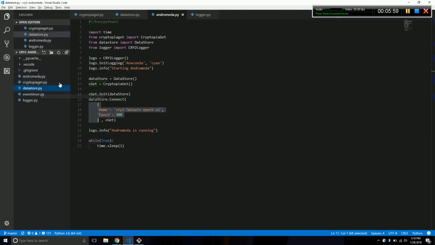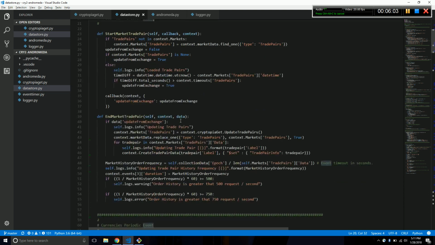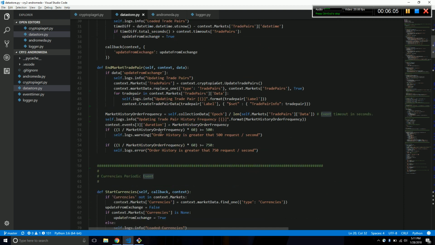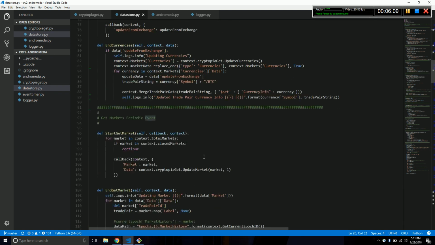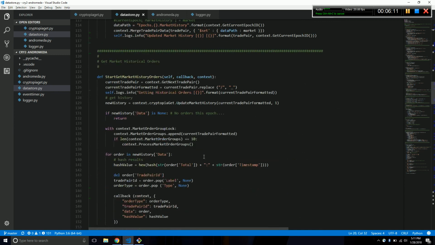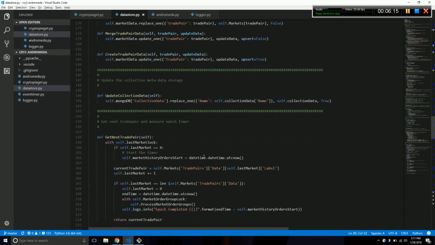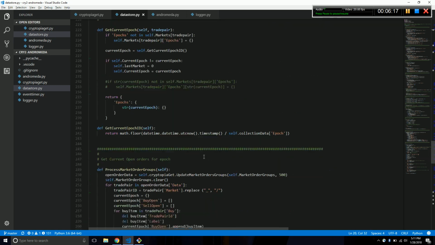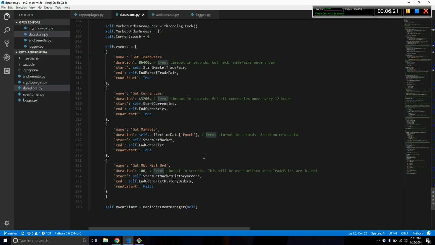And then data store, this is quite complicated. I don't think I have the time to go into all the details of it because I wanted to get into actually what it looks like when it is outputting data into the database. The one important thing, I guess, to start here is this self.events is the template for those worker threads that I kind of mentioned were like an RTOS, where you have a task that occurs every